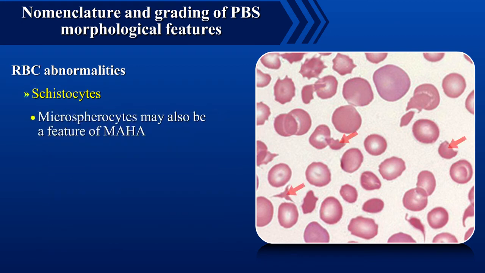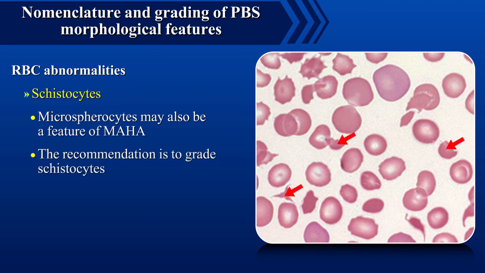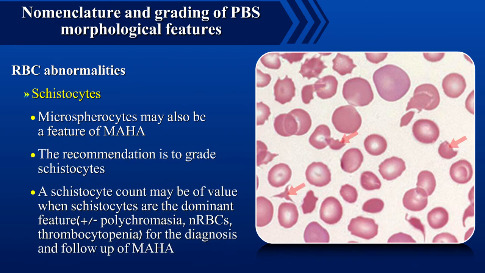Microspherocytes may also be a feature of microangiopathic hemolytic anemia if it is accompanied with other forms of cystocytes. The recommendation is to grade cystocytes. A cystocyte count may be of value when cystocytes are the dominant feature for the diagnosis and follow-up of microangiopathic